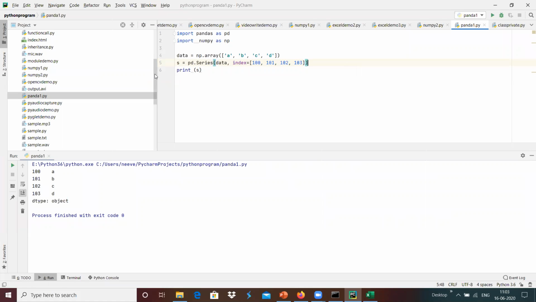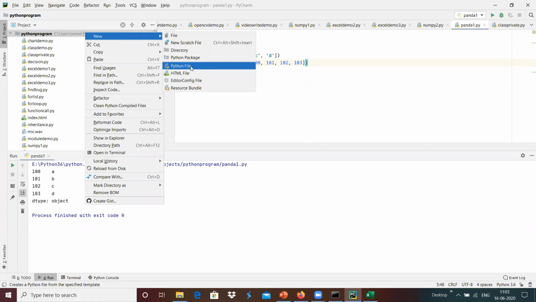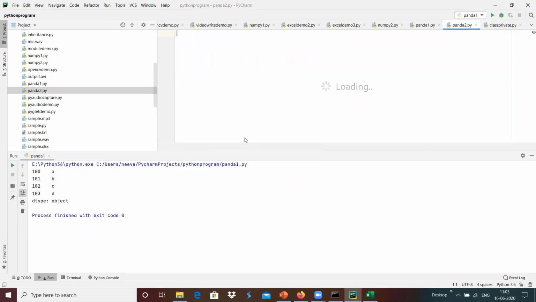Maybe I'm going to use another new Python file, something like pandas2.py over here. Now I'm going to do import pandas as pd, and whenever we are creating data, I'm going to create the data as a two-dimensional array, maybe a list.